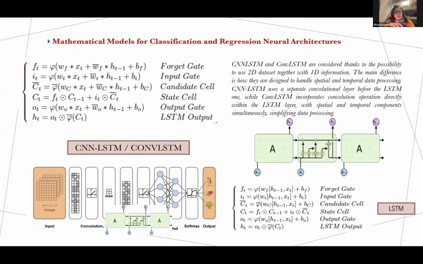In fact, if you look at the system in the upper part of the slide, you can see that we combine LSTM with a convolutional mathematical process. This means that we can put different architectures together. CNN-LSTM and COMB-LSTM are two architectures, always the same two, but combined in different ways. In CNN-LSTM, we start with convolution and later apply the recurrent neural network, or in COMB-LSTM, we can combine these different mathematical functions and steps.